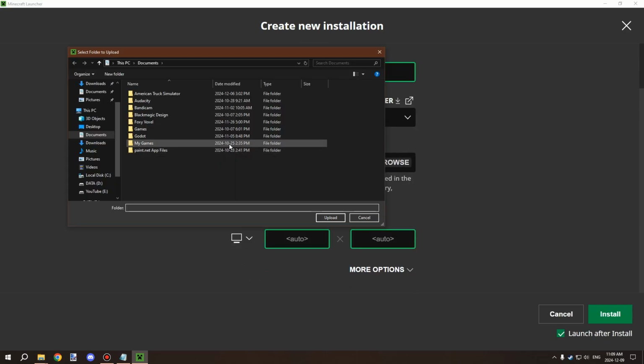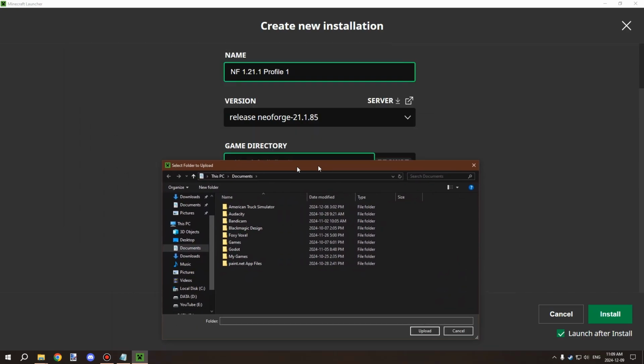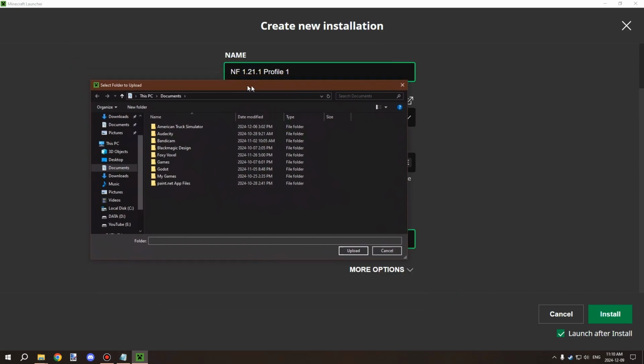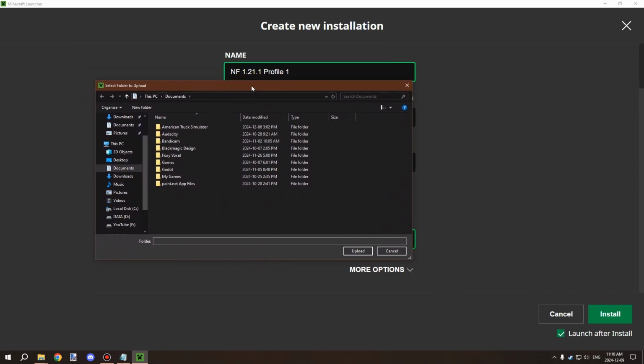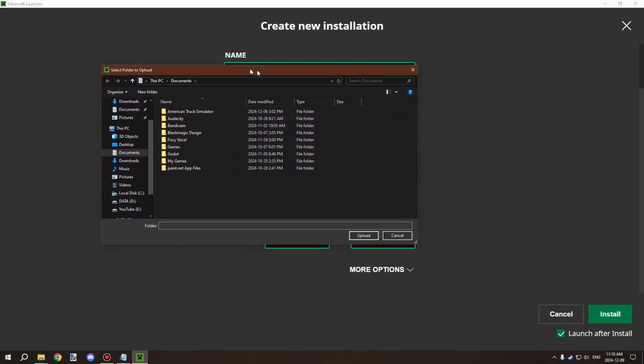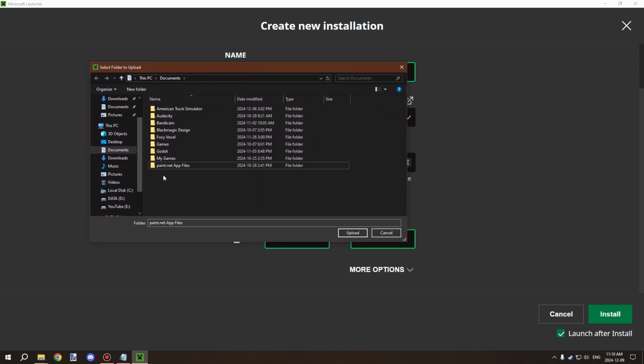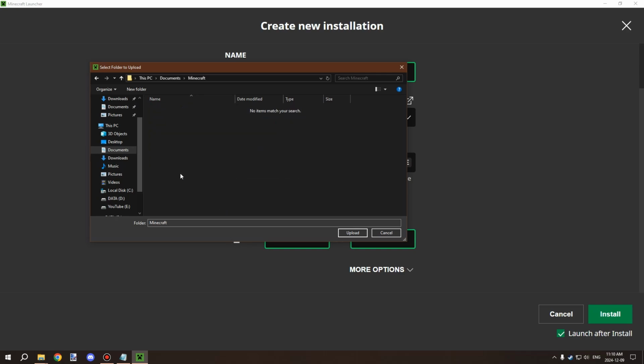And then I'm going to select a folder where it should store the game files, like for the saves, the resource packs, the mods folder, all that stuff. We want it in its own folder. So we're going to put it under our documents. And if you have a different drive that you want to save it to, you can do that as well. So we're going to go Minecraft just to start with,